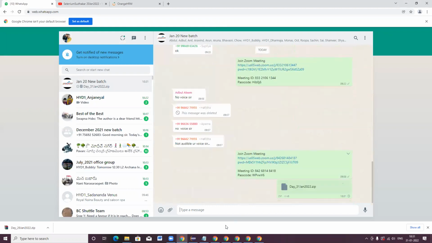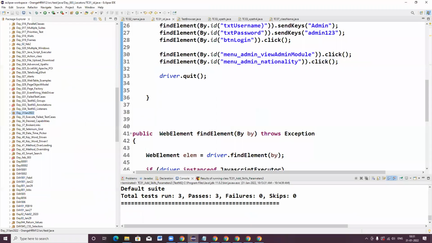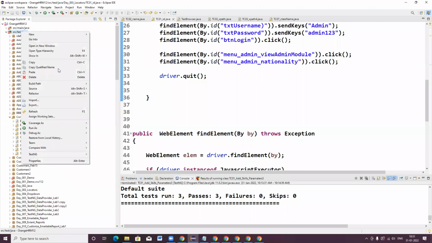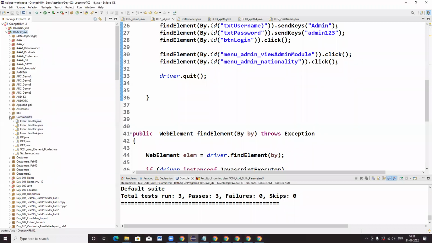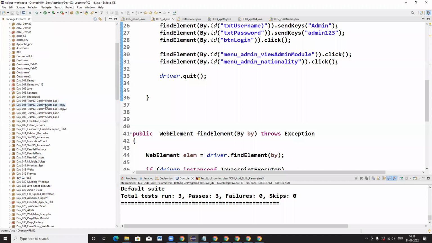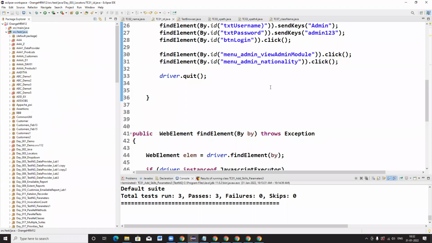You can unzip it and extract that folder, go to src test java, right click and paste it, and you will get today's programs. Before doing the program, just analyze what I have done. After that, you can do the automation for add location. Okay, that's it for today.